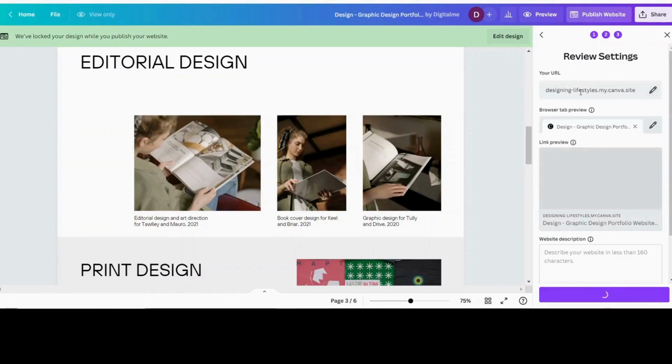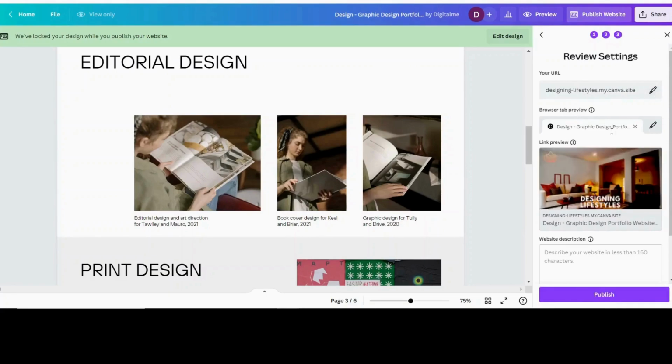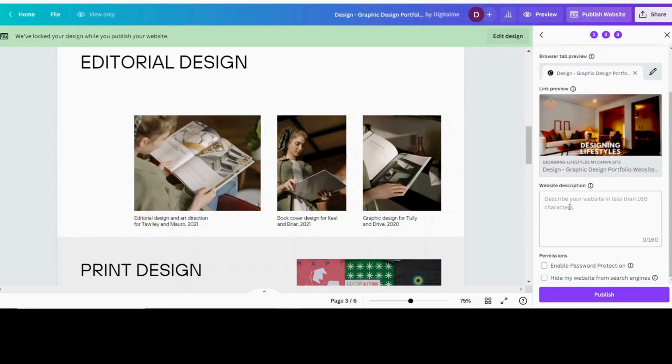and you can review it, you can review your settings, you can edit the browser tab, and this is how it is without description. Now website description, so you put in your website description. You can either hide my website from search engines, so your website will not be discoverable on search engines such as Google, or you can enable password protection. You can send this to your clients maybe to see whether they approve of it, if you are an agency that's doing this, or even if you're an individual that's doing this. So you can show them this is how it's going to look, and all you do is just click publish